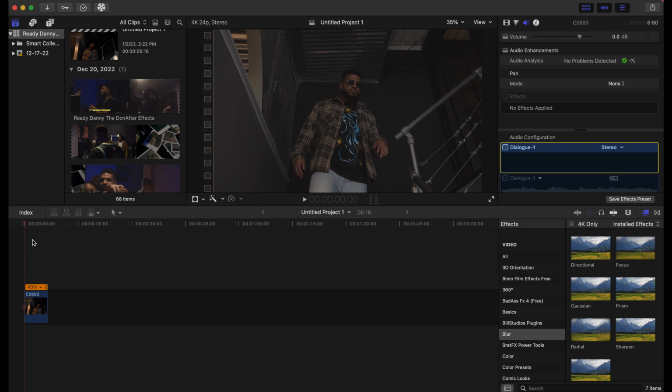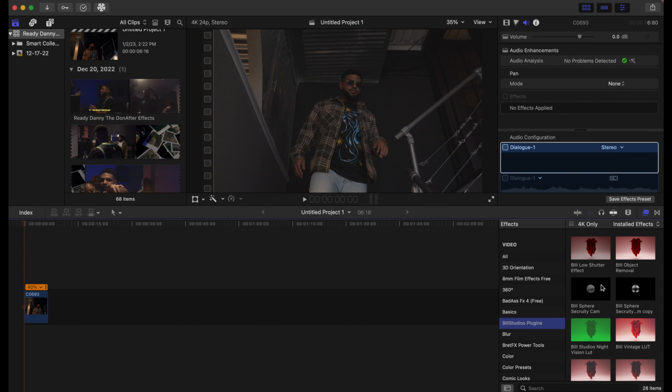So the first effect in our bundle pack is the glint light effect. The B3 glint light effect. What I'm going to be doing here is taking this one clip that I have and showing you guys all the effects that work on this single clip. So let's get started. Alright, for our glint light effect, whenever you download the bundle pack,